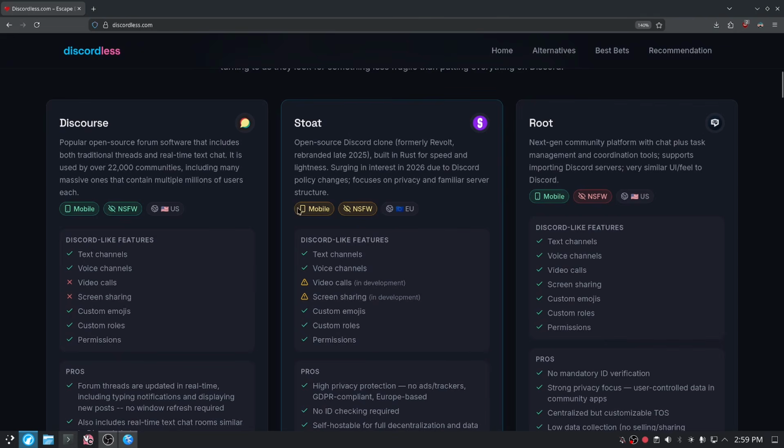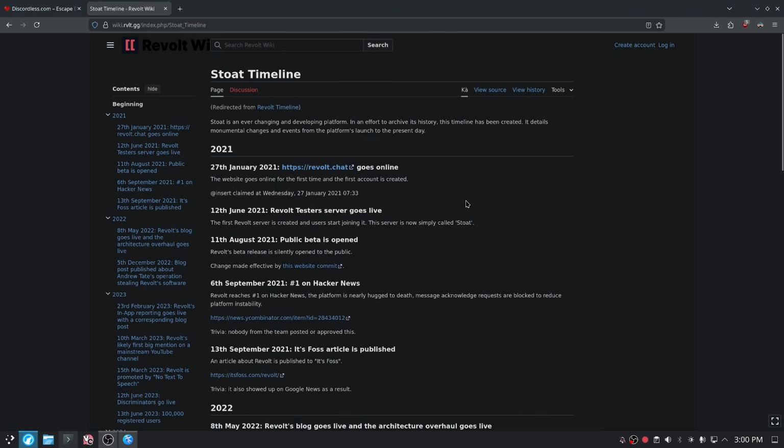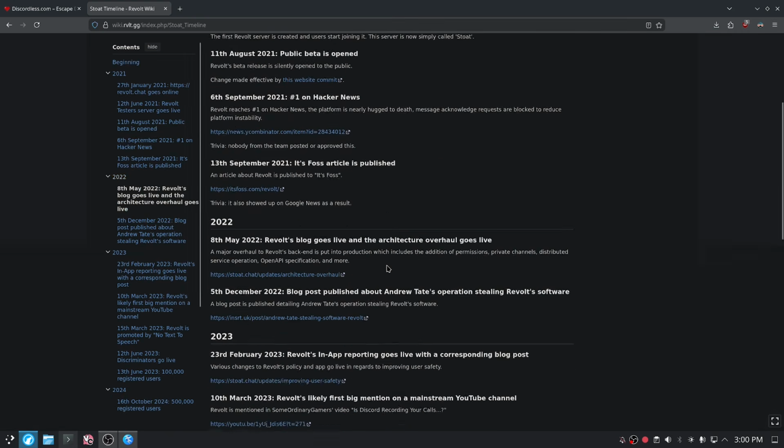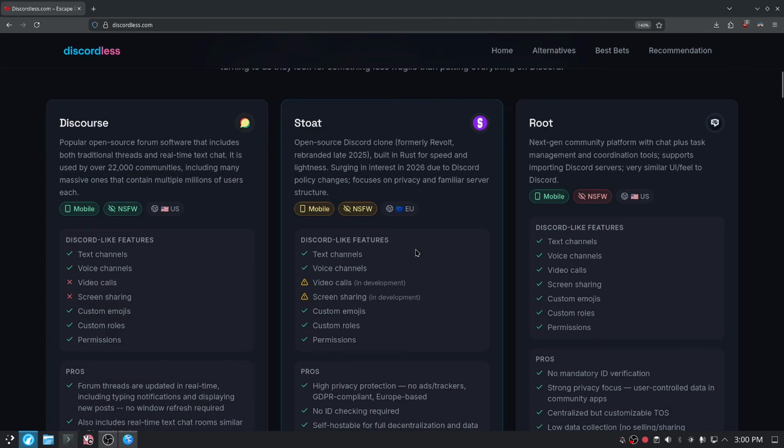I'm gonna keep an eye out to see if Stoat goes anywhere, but at a glance, a little bit concerned with the state of the development and the apps. Now you gotta remember, Stoat, or Revolt Chat as it was known, has been around for a long time, so it's been 5 years, so yeah, I don't exactly have faith in this getting any better, but you know, prove me wrong, internet, I would love to use it.